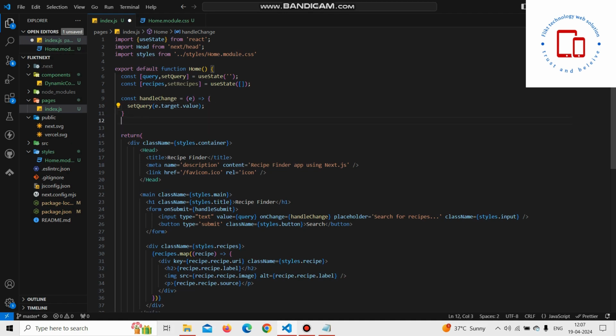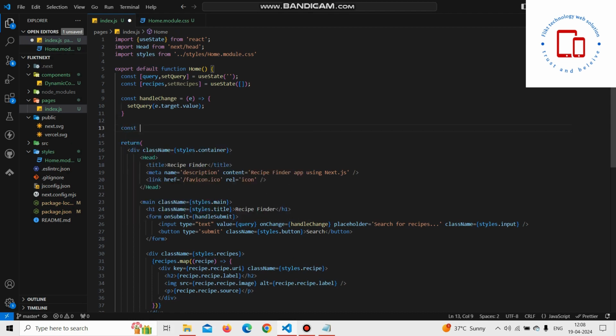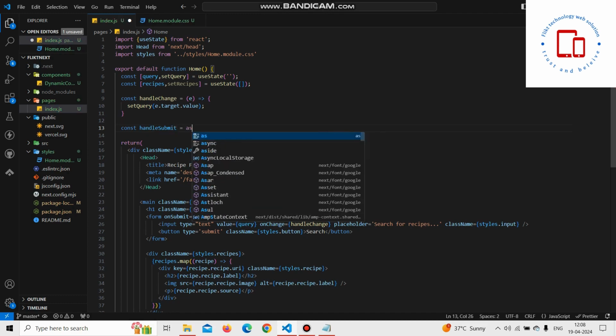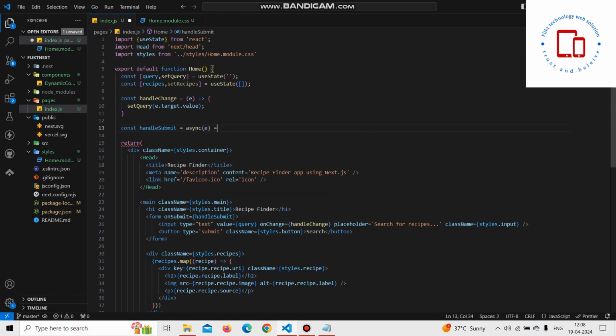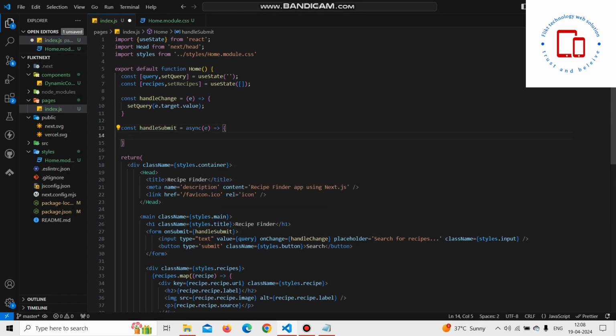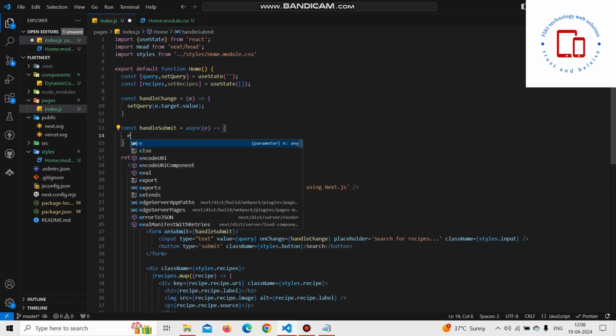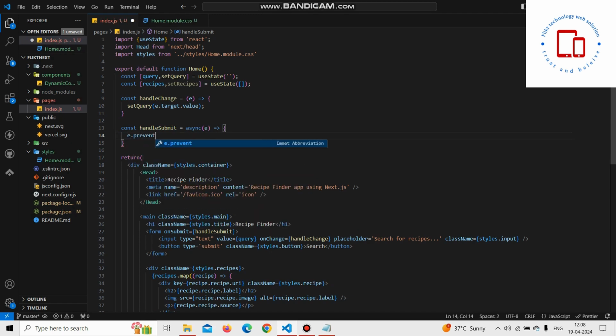Next I am going to create an handle submit function, const handle submit equal to async e dot prevent default,